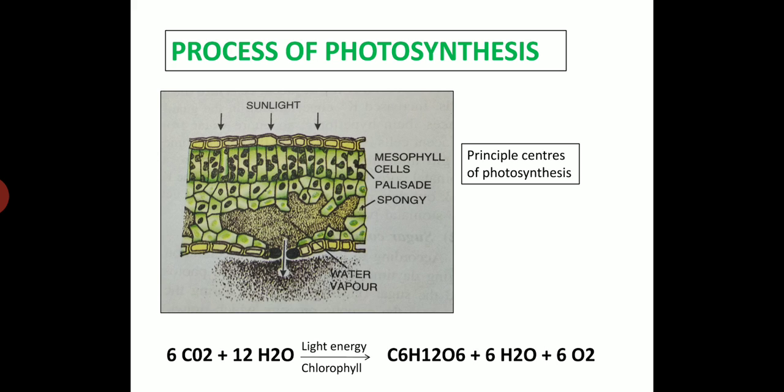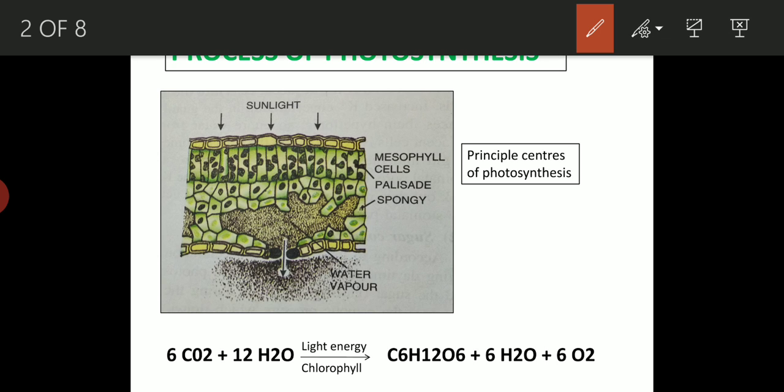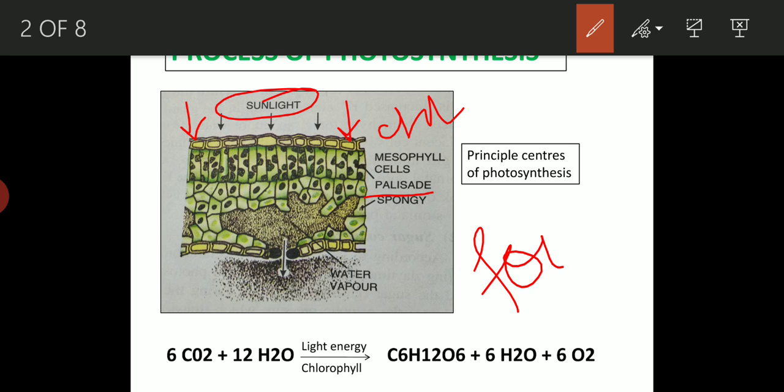Now, what happens during daytime? During daytime, sunlight falls on the leaves, right? Now, this light energy is then trapped by the chlorophyll, which is present on the upper layers of the mesophyll, especially the palisade mesophyll. This sunlight gets trapped by the chlorophyll present in the mesophyll cells. Clear? Now, this light energy is then utilized in this process for the formation of what? For the formation of food.